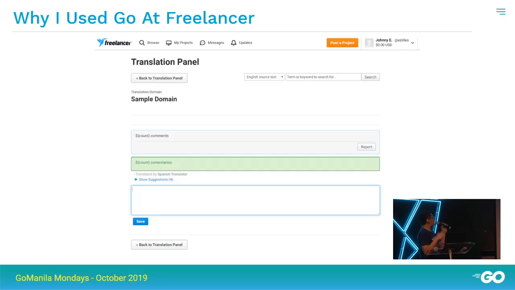Once it gets to the translation system, remember I told you guys that there was this web interface that the translators used to perform the translation. Well, this is what it looks like. Basically, they will see the text that needs to be translated here. The little part in green already has a suggested translation by another translator. But if I believe that translation is wrong, I can go in there and type the correct translation and submit it to the translation system. So this is basically a third step.